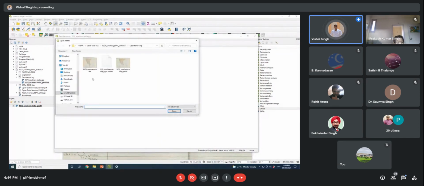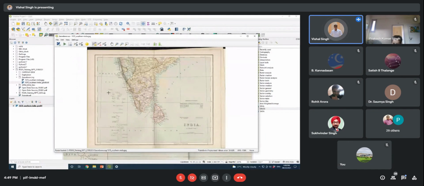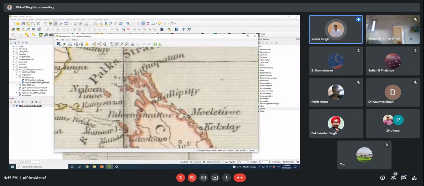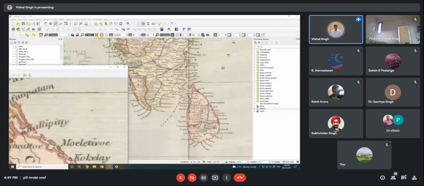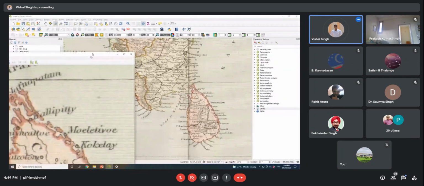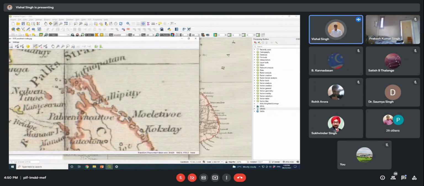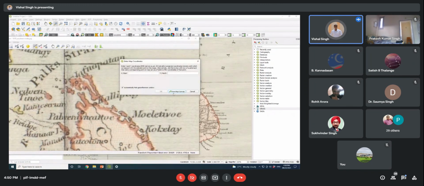Like I can add this map. This is not georeferenced. Suppose this is another map. So what I can do is go to the similar known locations. Suppose this location I can identify in this map also. So one point I will give here.